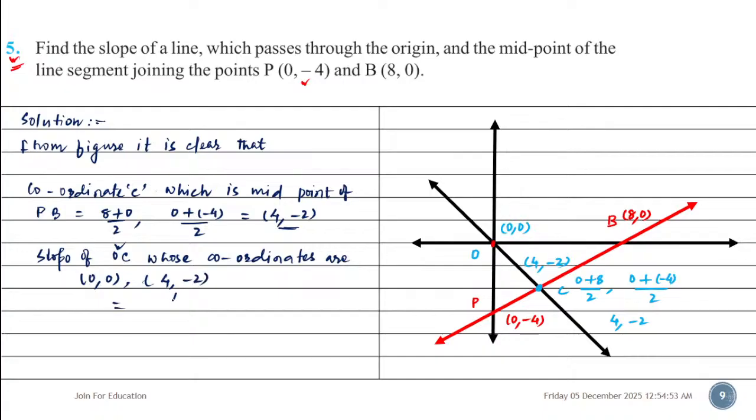So here will be -2 minus 0 by 4 minus 0, because we know that